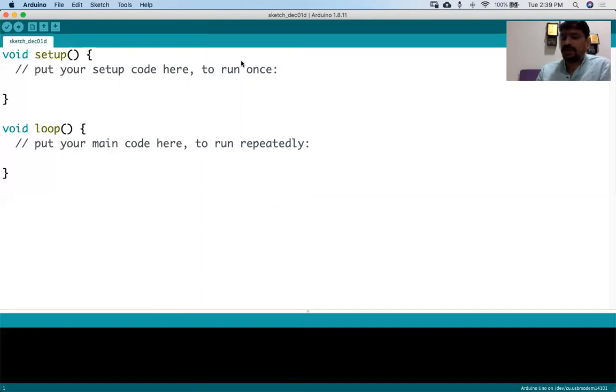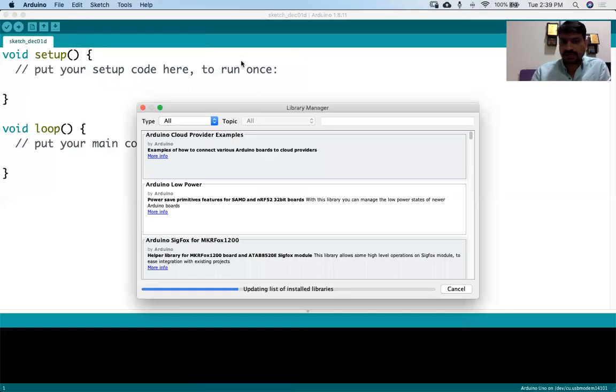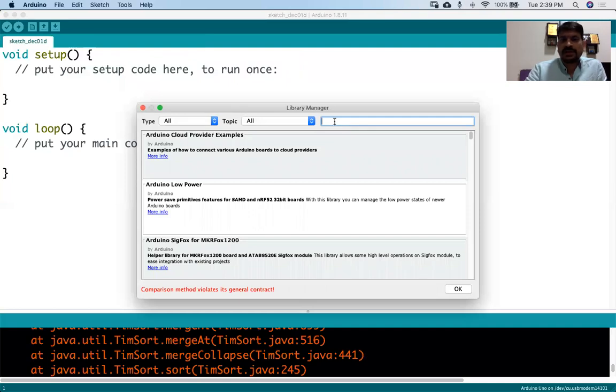Generally we need libraries for the sensors. It will just update the list of installed libraries. After that, if you want, you can search here for other libraries.